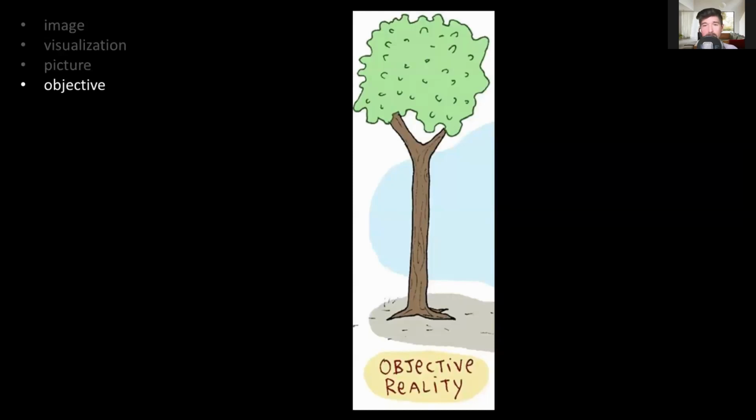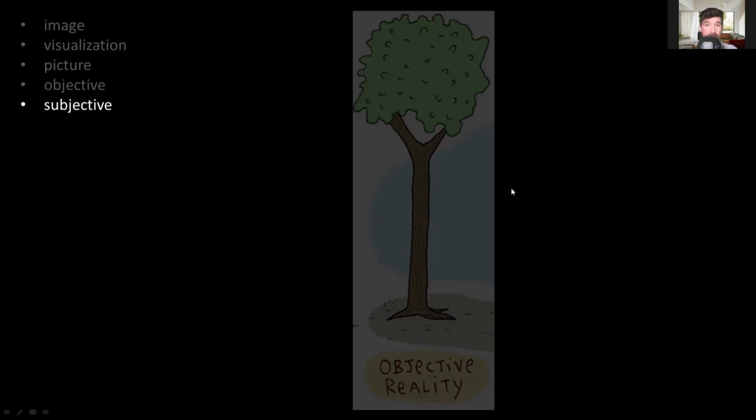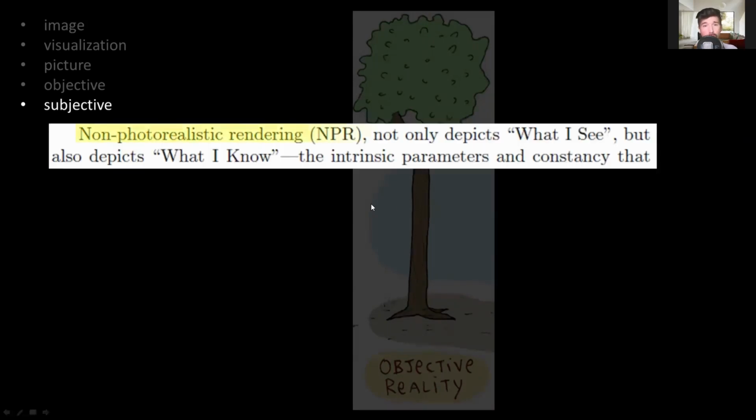For example, we can take a look at a tree and it objectively is there because it has some substance. We talked about this, what a real object is, and it exists there whether or not we believe in it. On the other hand, we have a subjective depiction of visual representations, which basically means a non-photorealistic rendering, which not only depicts what I see, but also depicts what I know, which is a very important part, which means that we are adding our own experiences and subjective feelings to an objective image